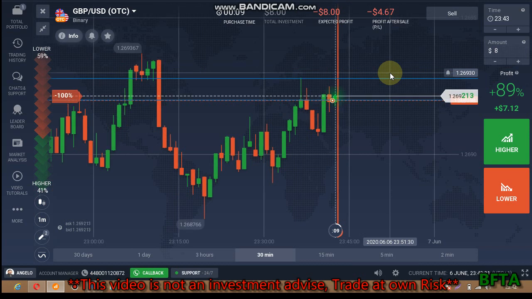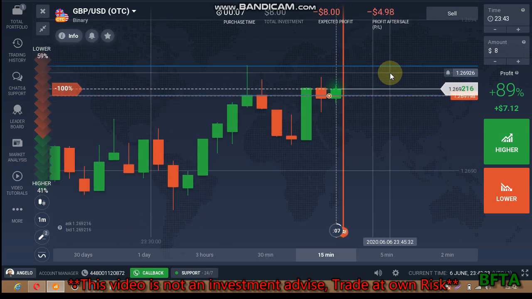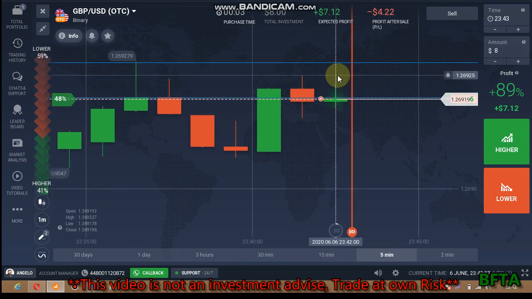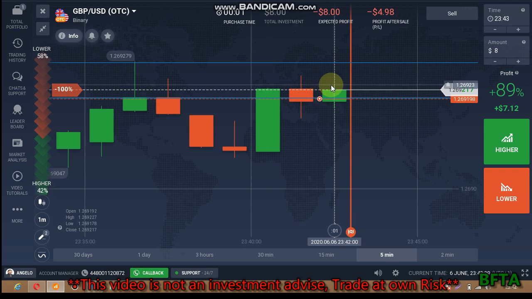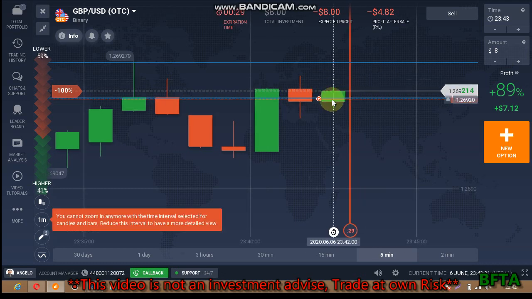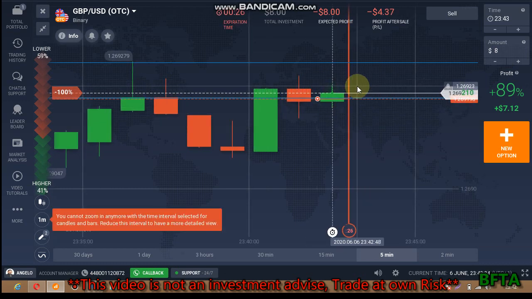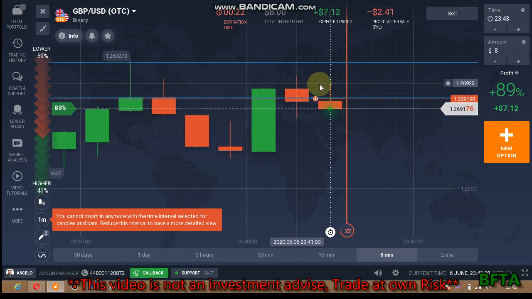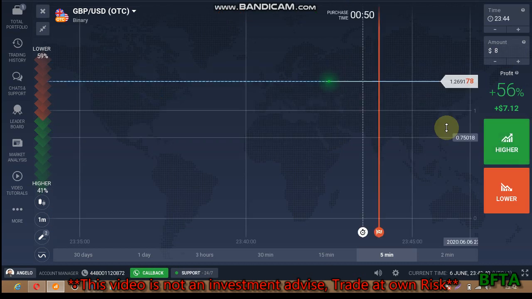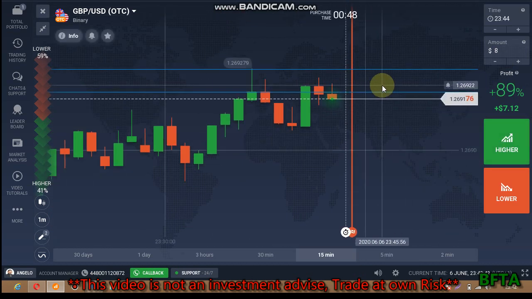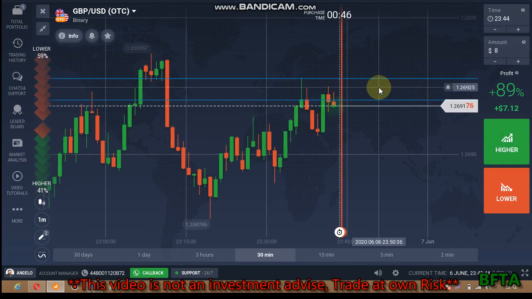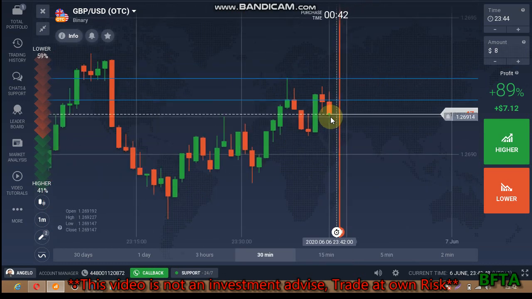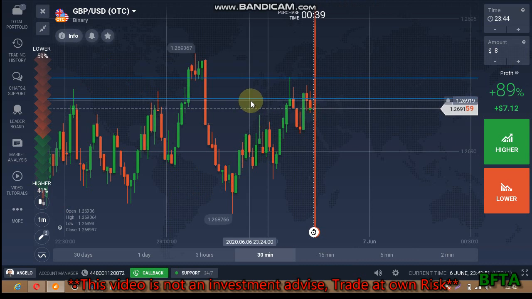And again this is seller's area, so there must be rejection from sellers on this level if the buyers will enter. You can see the rejection from sellers on this level. So let's see what will happen. Now we see the sellers entered. We see the sellers entered,